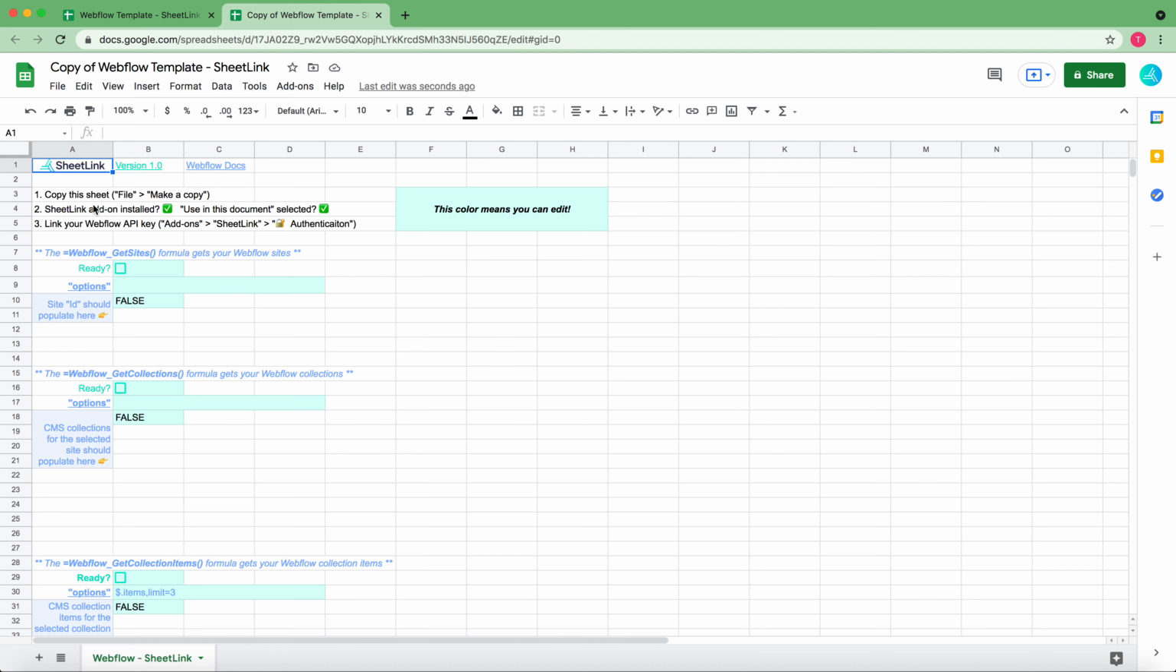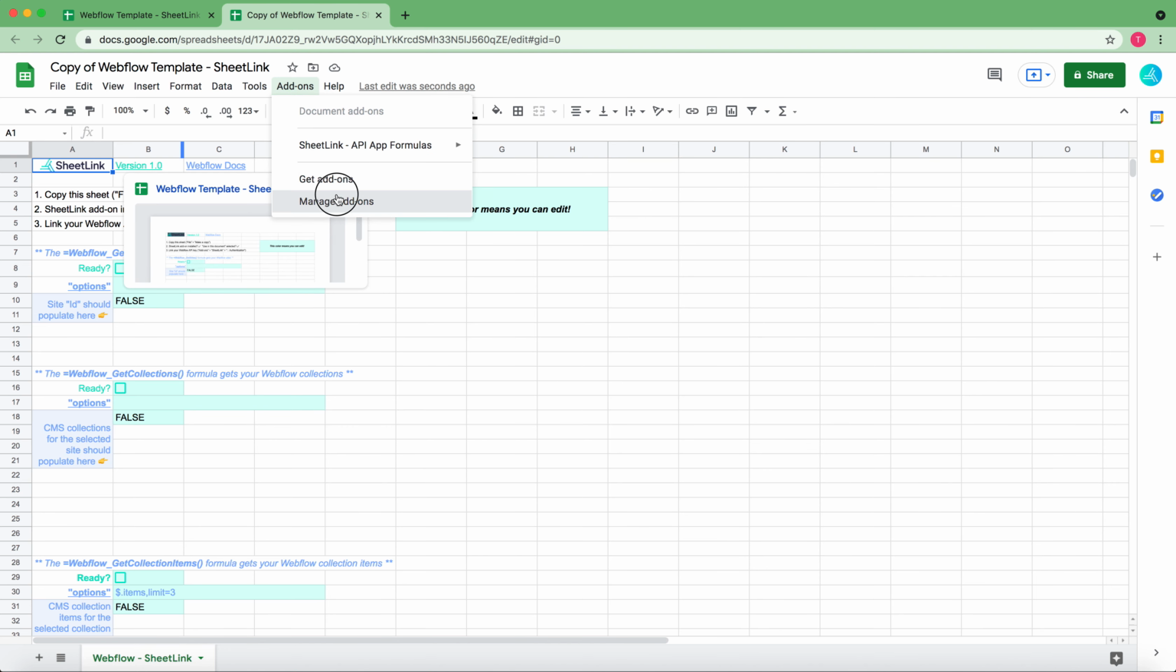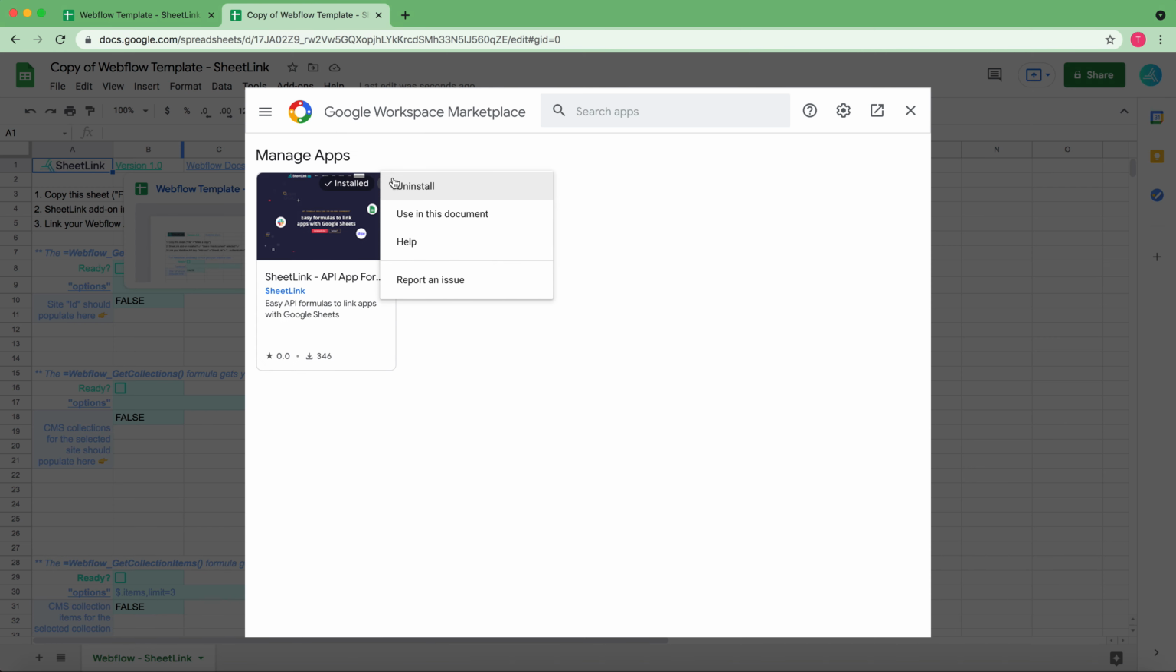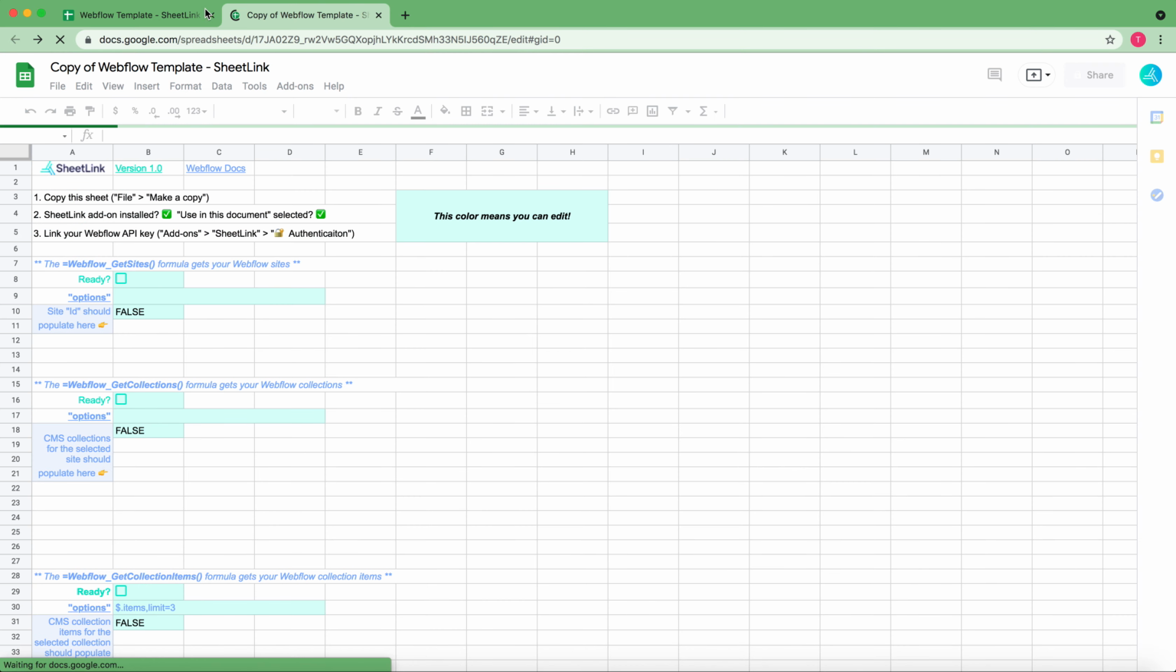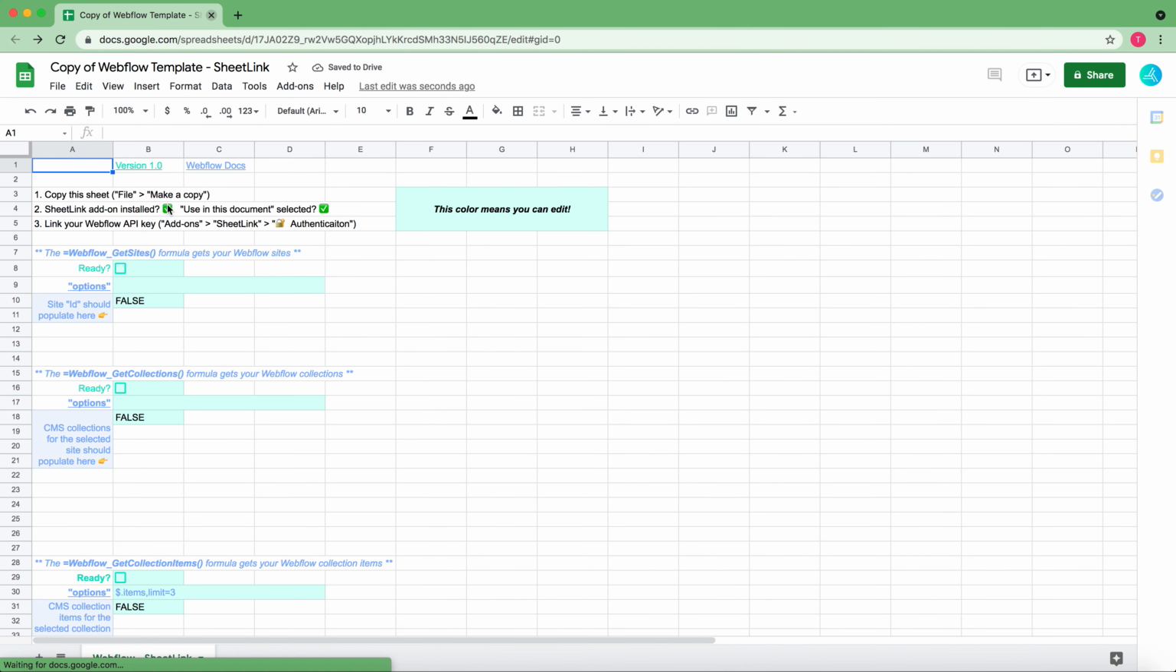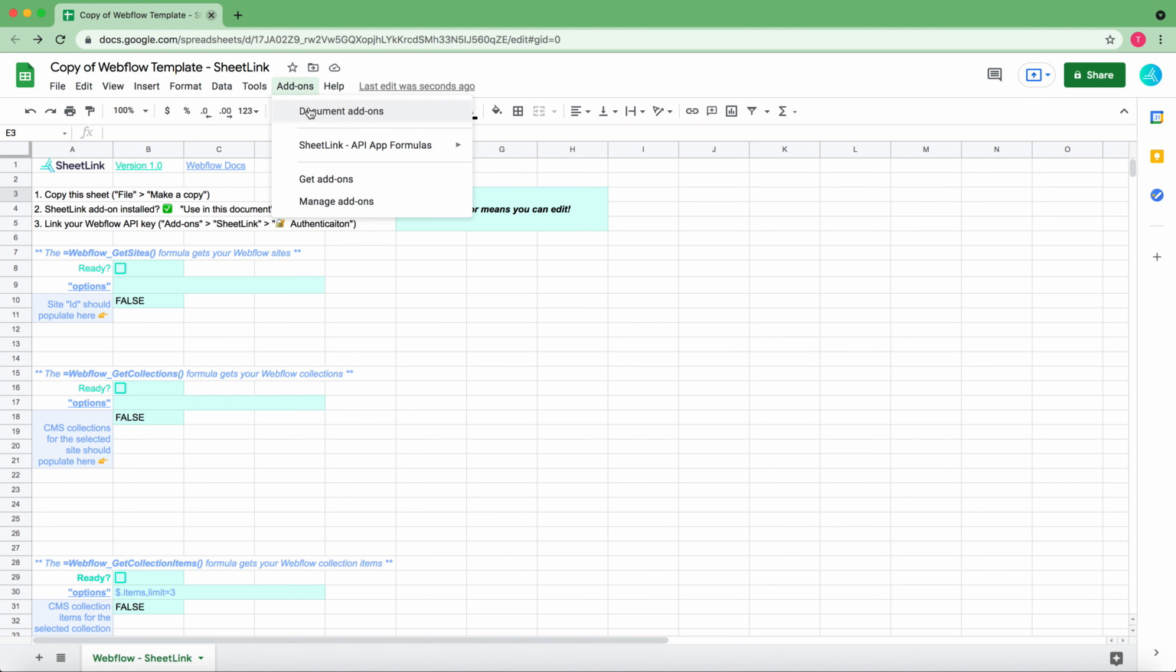We've copied the sheet. We need to make sure the add-on is installed. It looks like it's installed, but we also need to make sure Use in this document is selected. Now that we're using the document, I'm just going to reload the screen. If all is well,